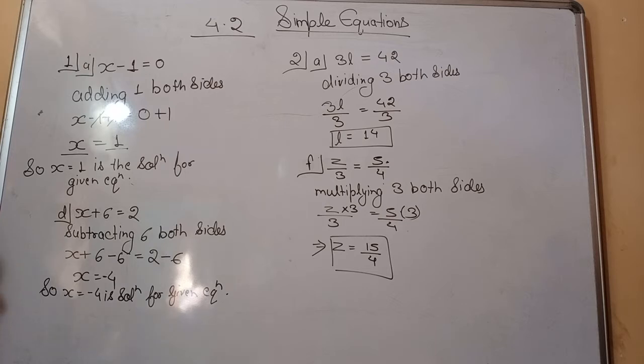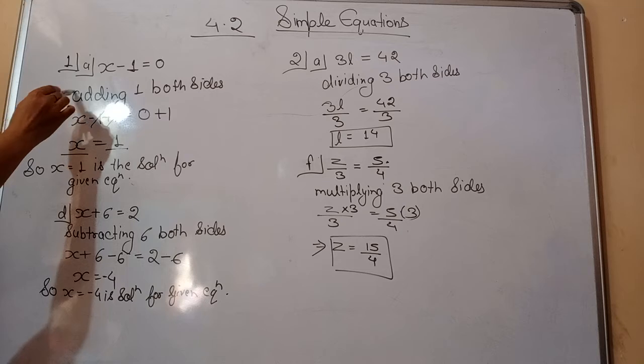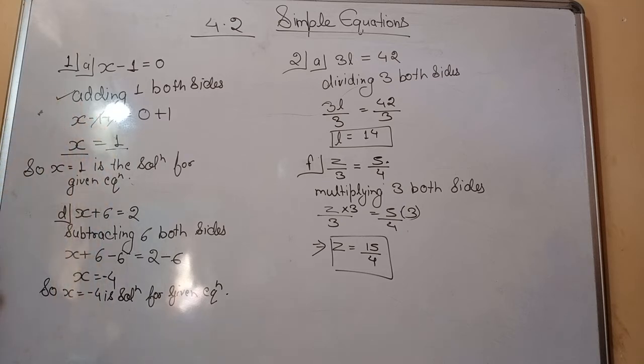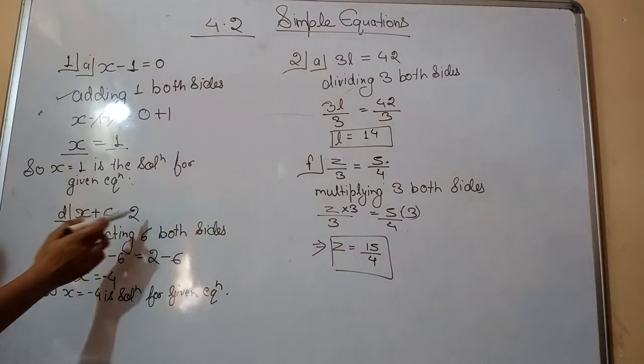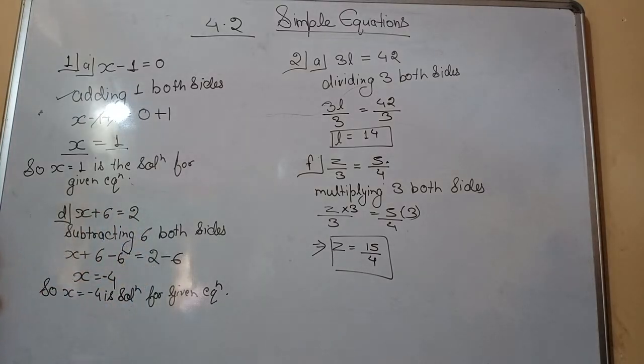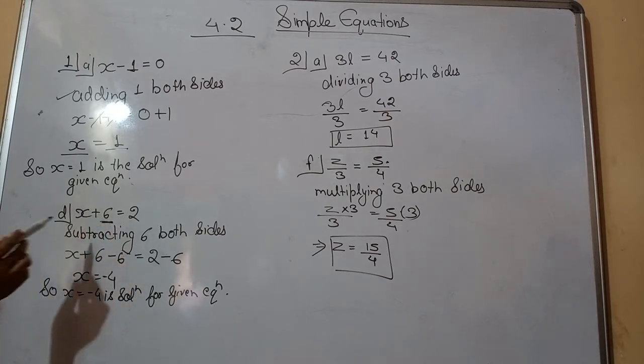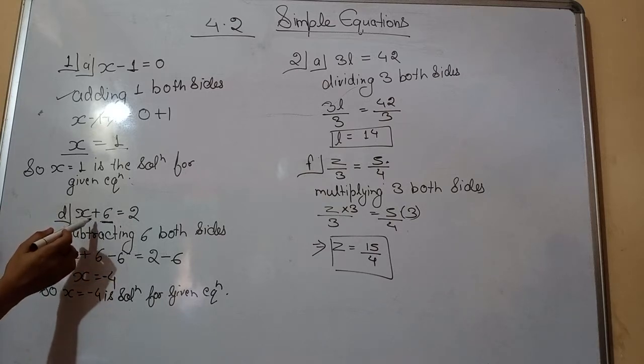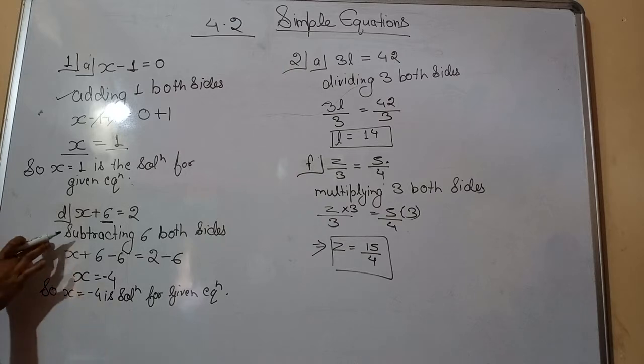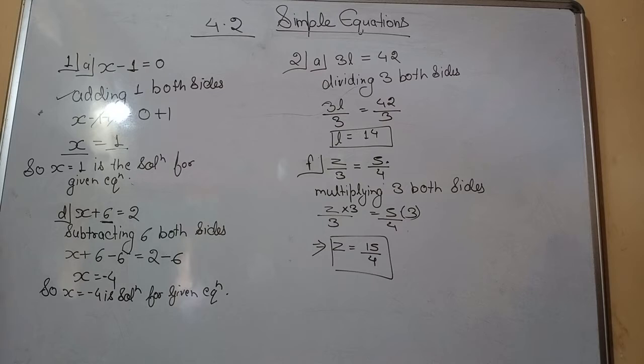And what is the step which we have used for separate the variable? This is the step which we have used to separate the variable. Now, option number D, x plus 6 equal to 2. Now here tell me which constant is on variable side? Constant 6 is on variable side. Having which sign? Having positive sign. Means the sign which is given in the equation, just opposite sign you have to use in the separation step. Like opposite of plus is minus, opposite of multiplication is divide. So here plus is given, so you have to use subtraction sign.